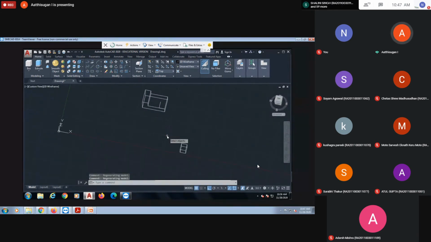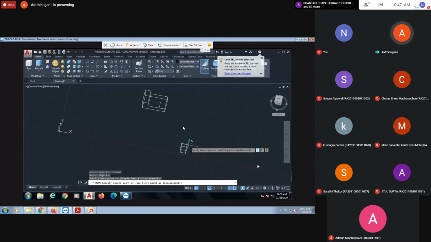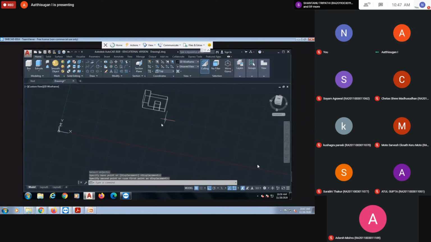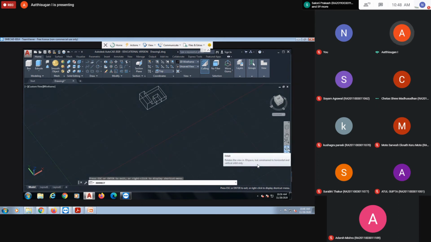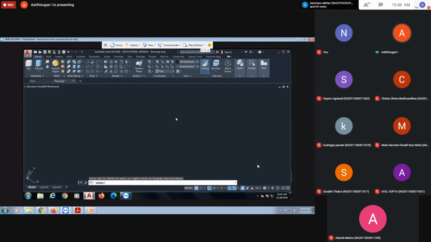Next I'm going to move this object, with this corner point to here. How to rotate? What is the command to rotate? Press the shift button, then press the scroll button, then you can move the cursor and it will rotate. Or else there is 3D orbit here, you can use that option also. Now I am using shift plus scroll button. Otherwise you can use the orbit, rotate like this. Next, you know already.